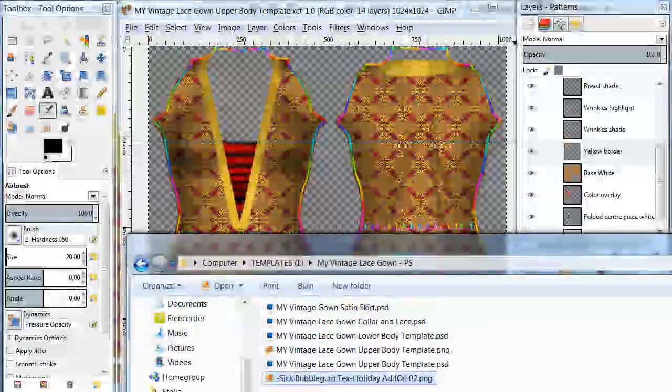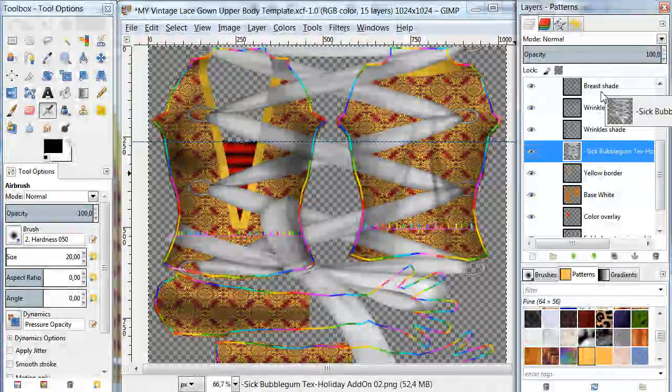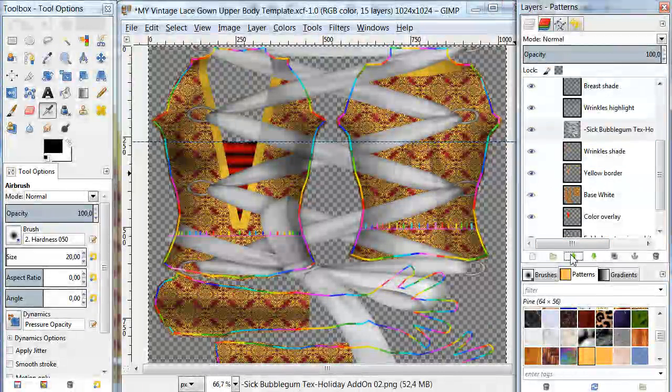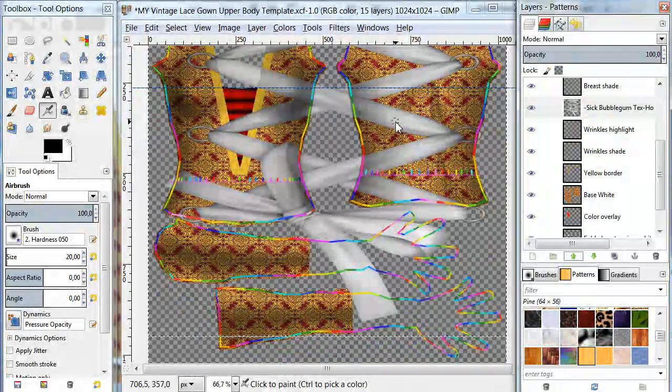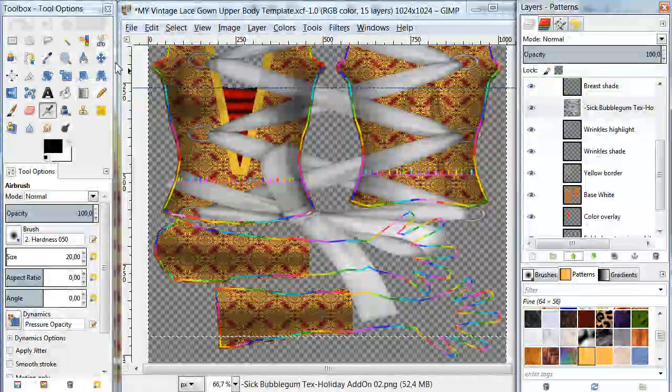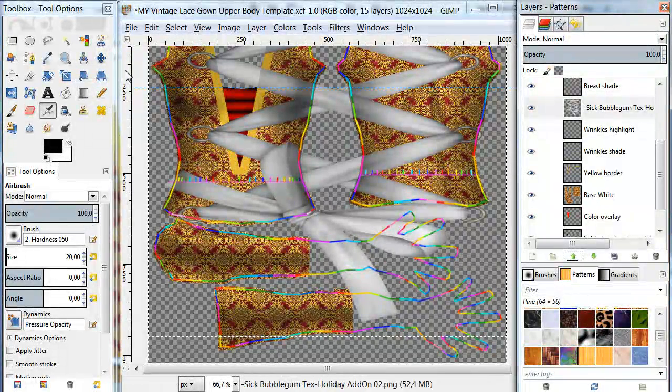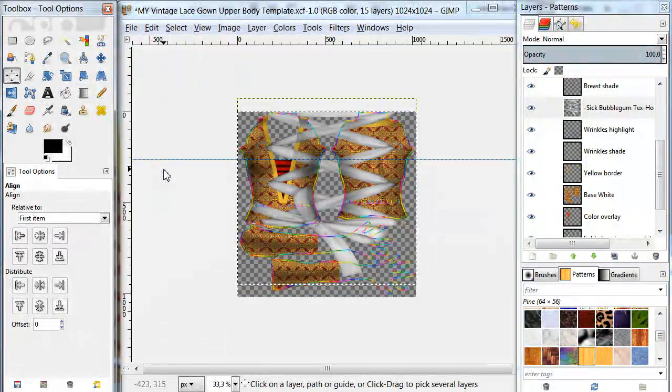I could drag this texture in like I did in Photoshop. Make sure it is over the wrinkles. So use this. It is not a smart object. It is rasterized straight away. So I can make sure that if I scroll out a little, and I can make this a bit more fitting using the scale tool, and